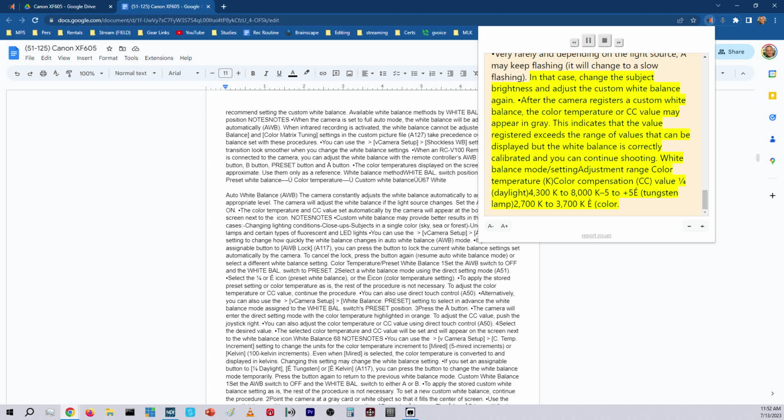White balance mode / setting adjustment range, color temperature K, color compensation CC value: 1/4 daylight, 4,300 K to 8,000 K, -5 to +5. E tungsten lamp, 2,700 K to 3,700 K. E color temperature,